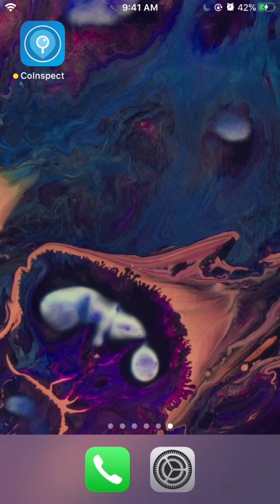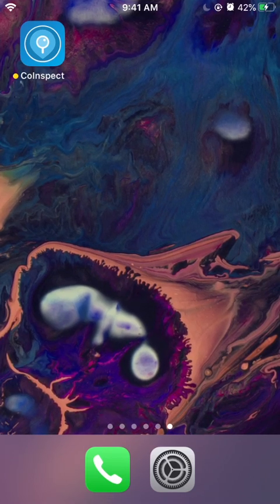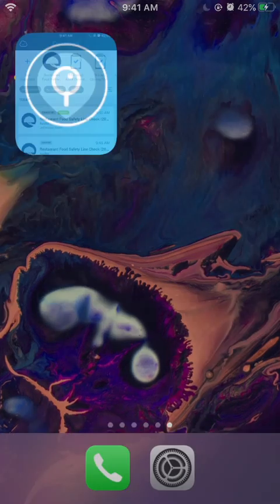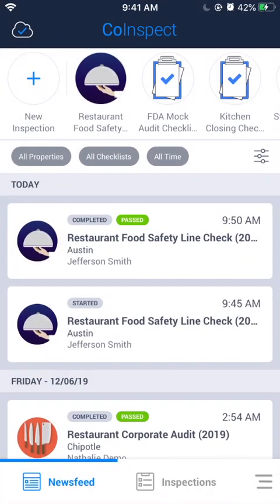Welcome to CoInspect. Today we're going to show you how to use a food safety line check for restaurants on our lightweight mobile software. First, I'm going to open CoInspect on my iPhone, which brings you to our main screen,